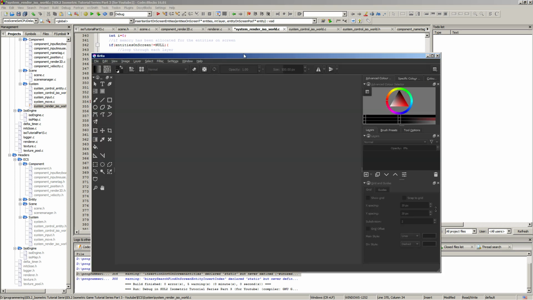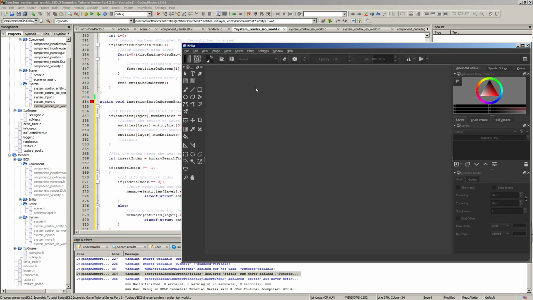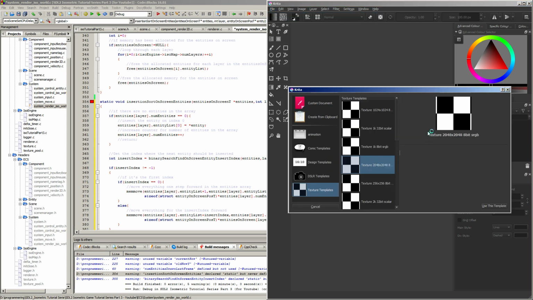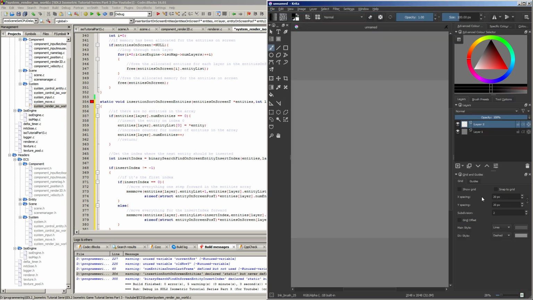Here comes Krita. So perhaps I should do something like this today. Put it on half of the screen here. New texture. That's cool. So if you check on this first memmove, so what we want to do with this one,